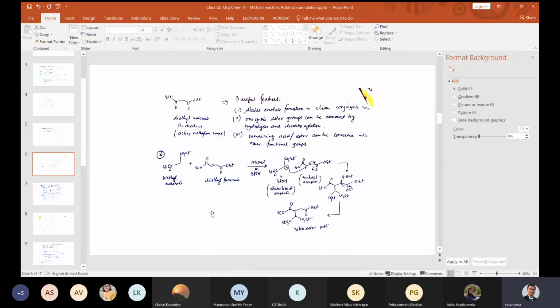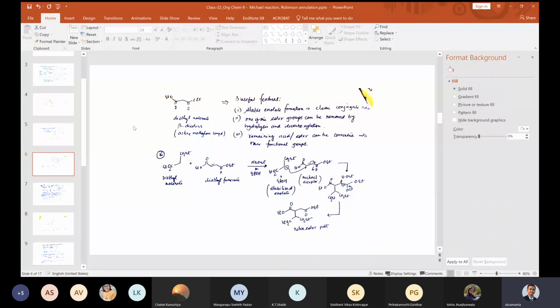Okay. So our last part that we will be learning on Monday is basically the active methylene compound and its reactions. We have already introduced active methylene compounds when we learned the Knoevenagel reaction. So you already know what an active methylene compound is. This is nothing but a methylene group which is connected to two strong electron withdrawing groups, so that if this CH2 is deprotonated by a base, this negative charge will be stabilized by these two groups.